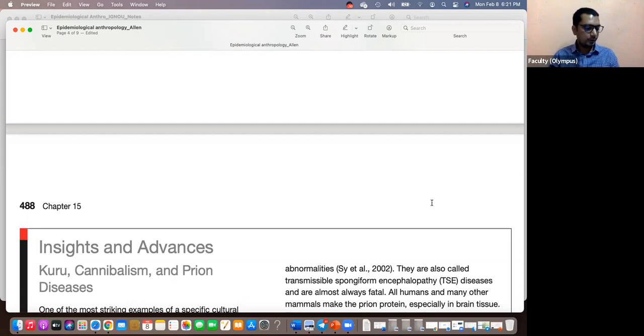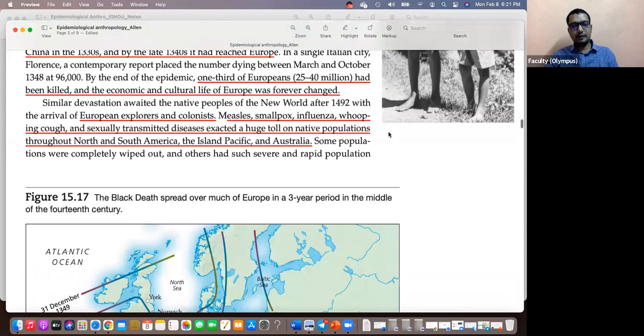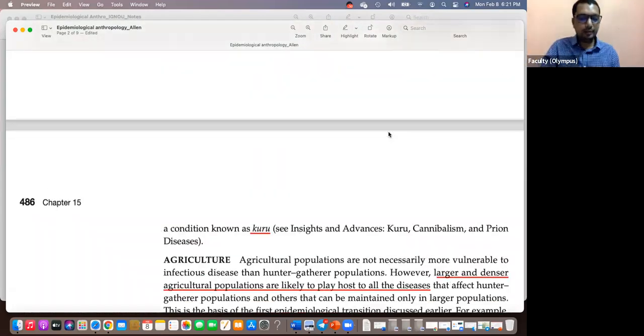So in tomorrow's class, we are going to wind up epidemiological anthropology, right? The components of ecological anthropology I promised, and also these two articles. I'm going to send you this right away. Epidemiological anthropology, give it a read. So this as well as the IGNOU material I'm going to send you. Tomorrow after our discussion, I might give you a bit more information for topics I'm going to discuss. Okay, right.